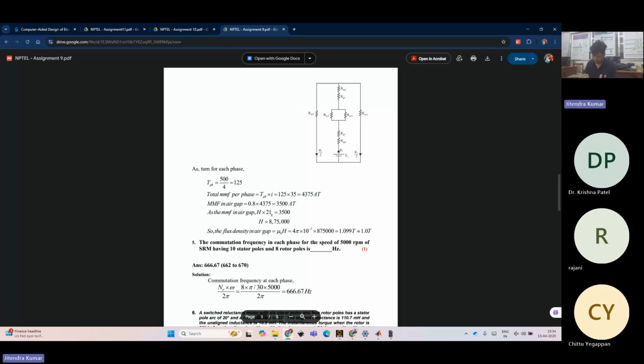If gap MMF is equal to total MMF divided by 1.2, MMF in air gap should be 4375. 3645.83. So air gap MMF you might be getting 3645.83, and after that multiplying with H into 2 LG,